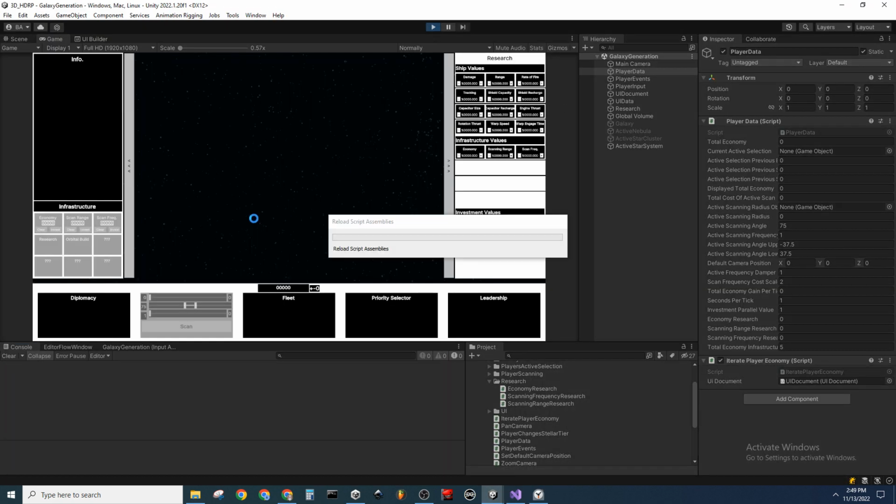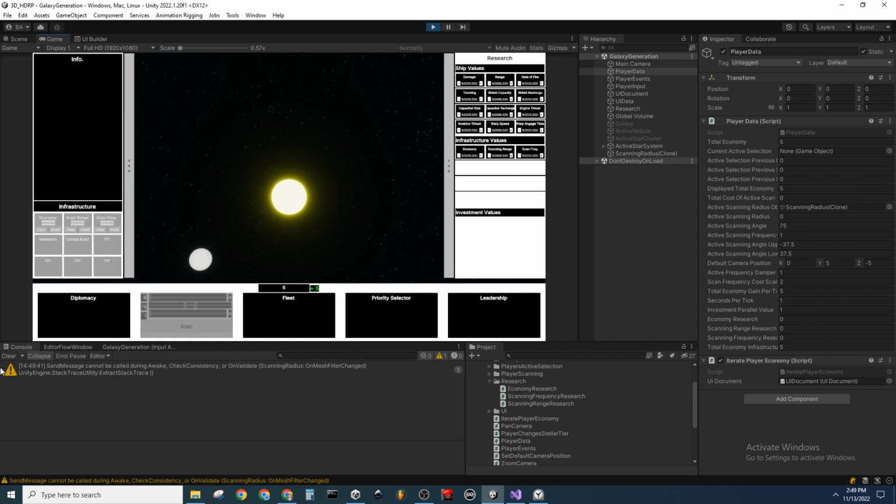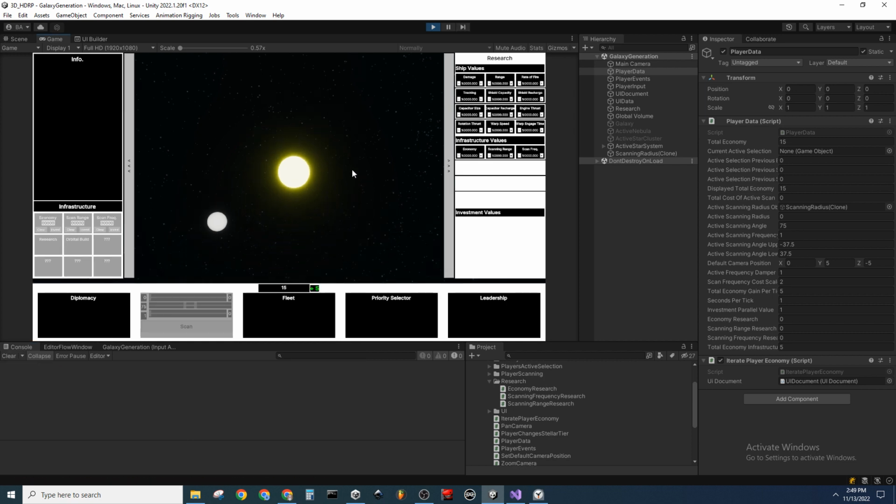And now if I enter play mode and I select this and click the clear button, I shouldn't be having this problem anymore, and it's not even throwing an error, so it's very intelligently doing what it's supposed to be doing. And if I come over here and click economy, now we're seeing the deficit increase by the percentile value properly. So if I cancel it here,